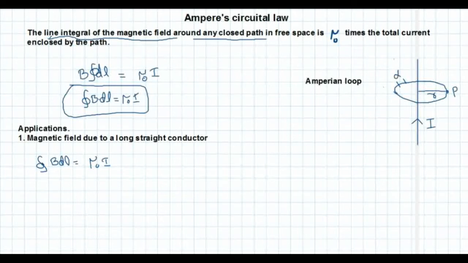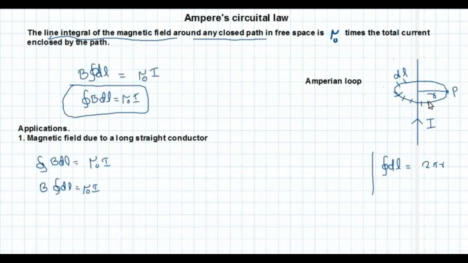So here dl means it is a very small portion of the closed path. Now integral dl means what? You are integrating small dl's together. That is the meaning of integral dl over a closed path. We are putting all these small dl's together, and then what we get is 2 pi r, if r is the radius. So it is very simple mathematics.